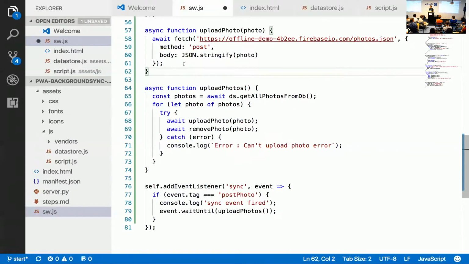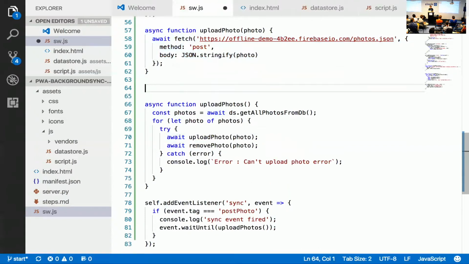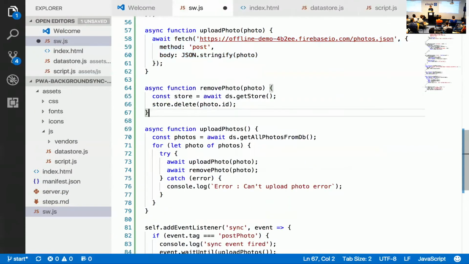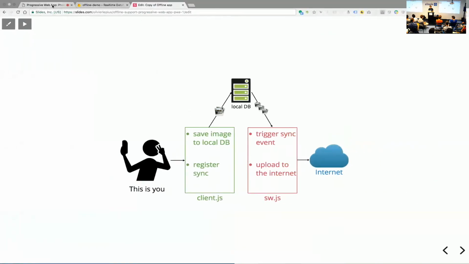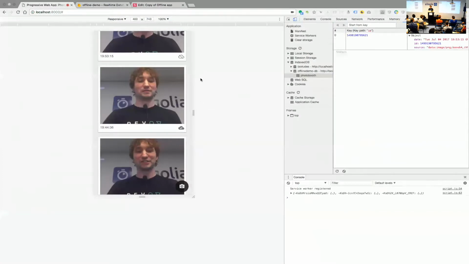So these two, upload photo, which is called here. Very easy. It's exactly the same code we use in the first version of the application, just calling the Firebase REST API to send a photo. And the remove function is we get the store and we delete the photo with the ID of the photo, because it's the key. Okay, everyone is following now? Perfect. If I go back to my application here,